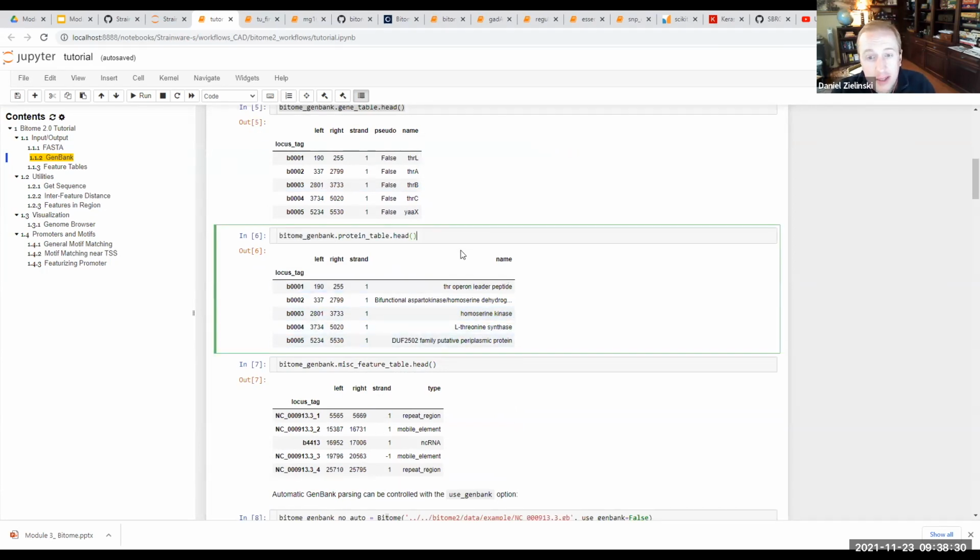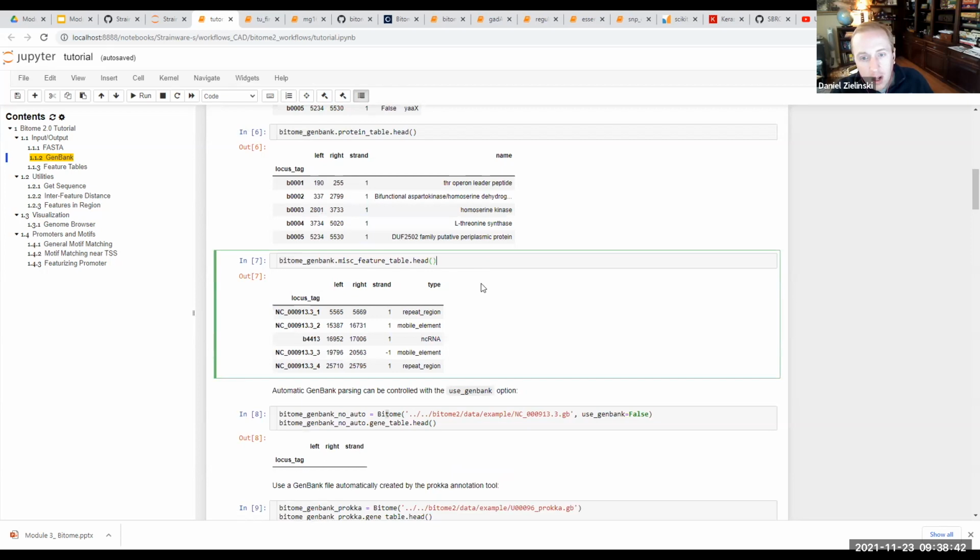We can also get the same thing with proteins, but now we're getting the names of the proteins instead of the gene. Otherwise, it's more or less the same thing. And we can also get different features. So now you can see there are these different locus tags for this genome, and